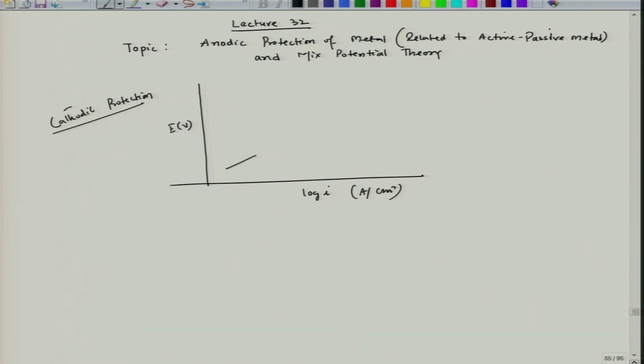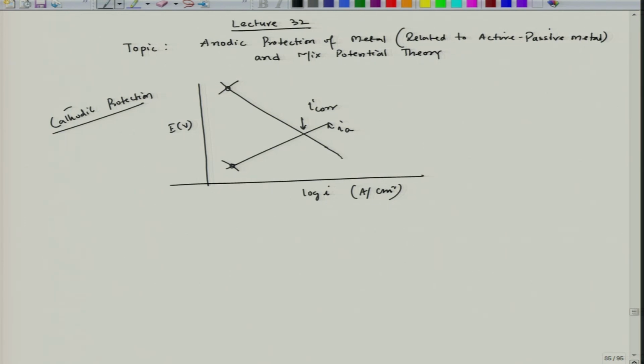Now, in that case we have an active metal interacting with a cathodic reaction. So, this is my I A, this is I C and this becomes I corr. So, respective points, we know what are those points. Now, that theory says